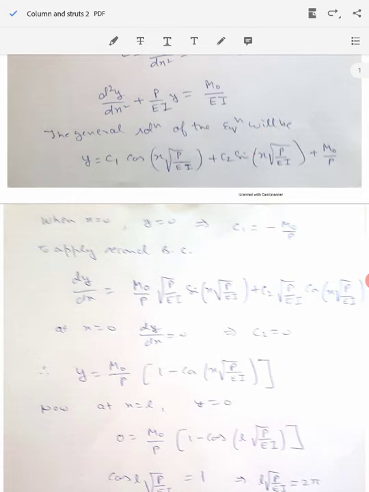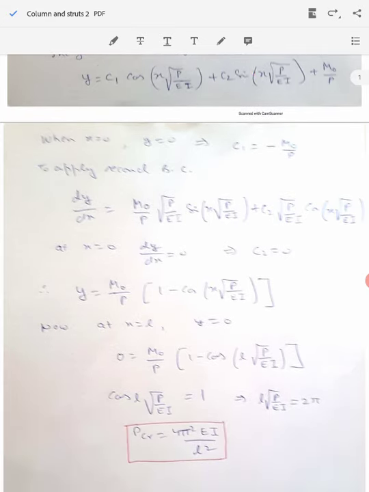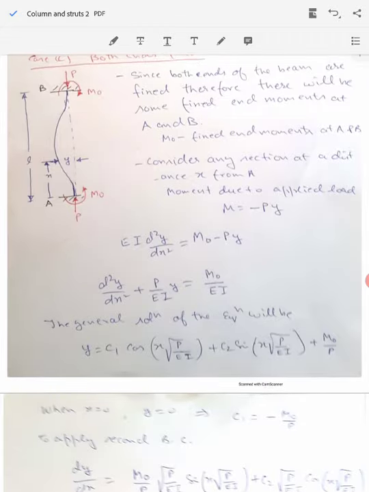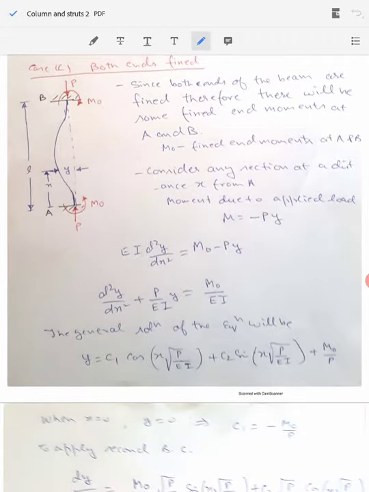for the column. With this equation, you can calculate the deflection for x equal to 0 to L by substituting different values. So when we substitute x equal to L, we know that the other boundary end condition will appear, that is, deflection is 0 at the other end also. At B also we know that the deflection is 0. So at x equal to L also, the deflection is 0.